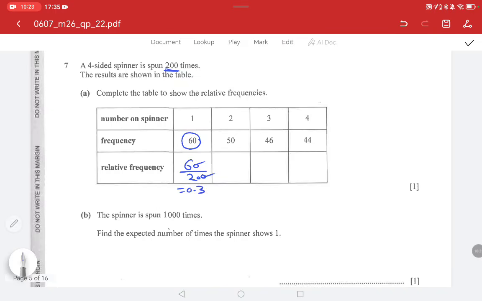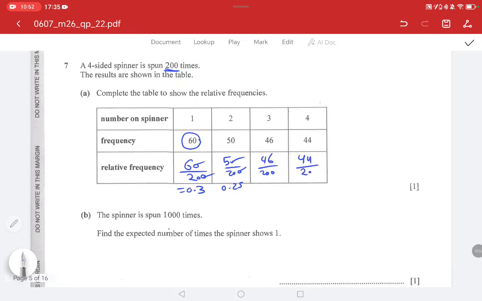And 50 over 200 should be 0.25. So you should just find the relative frequencies by finding, like, 46 over 200